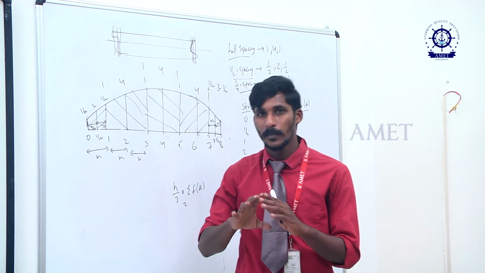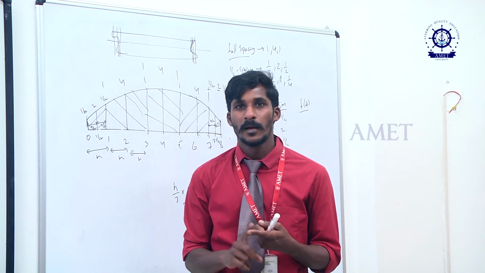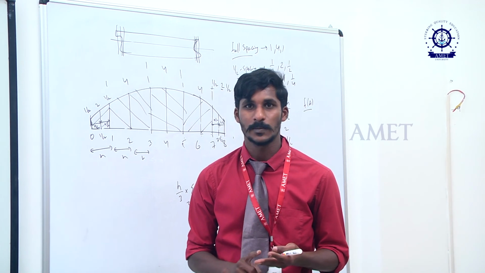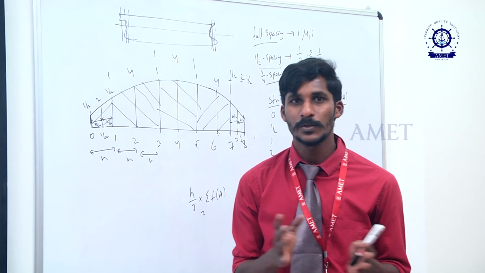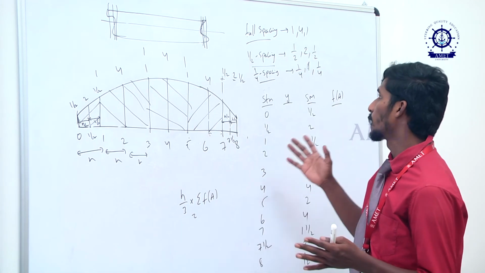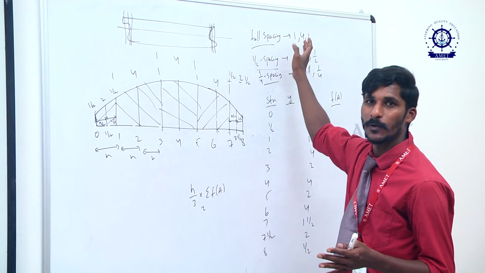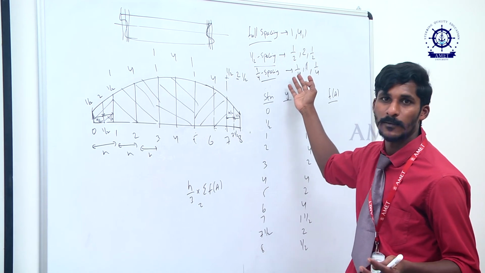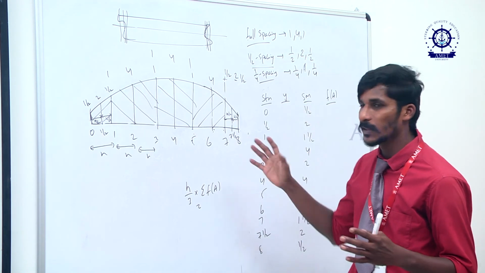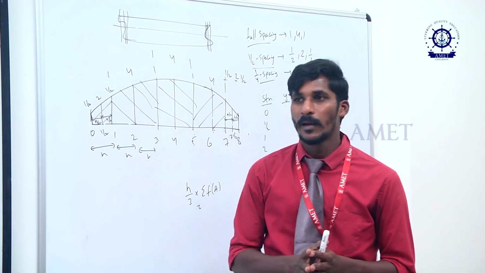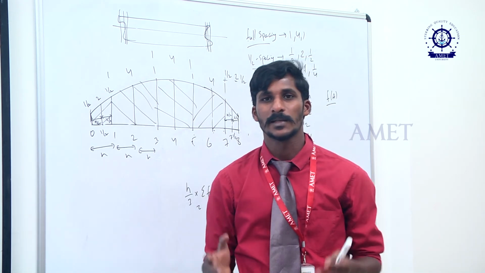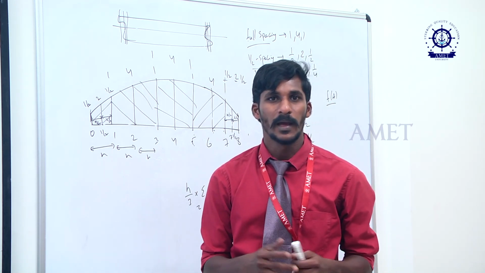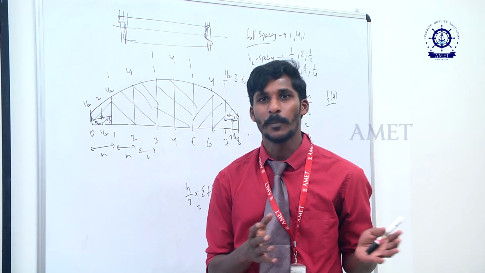So in a plane, first we have to see whether the ordinates are fully spaced, or we also have half spacing, or quarter spacing. If you have all these 3 combinations, then you should see the multiplier in 3 different ways. Full spacing is given 1, 4, 1; half spacing is given 1/2, 2, 1/2; and quarter spacing is given 1/4, 1 and 1/4. If we follow this way, we can get very accurate values. Whatever you are using Simpson's rule, it is not going to give exact values. It is only an approximation, because by using a theoretical method we can only provide an approximation.